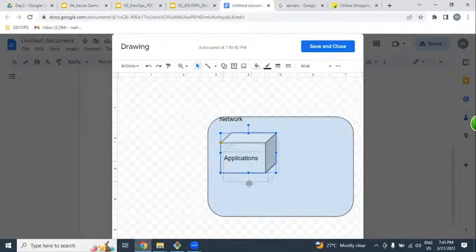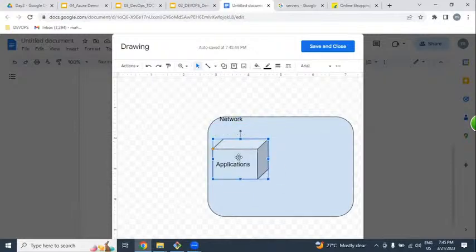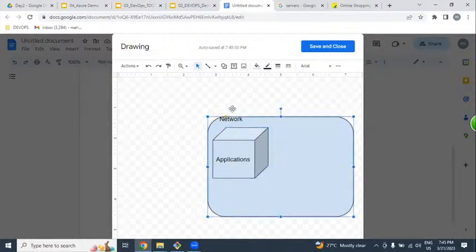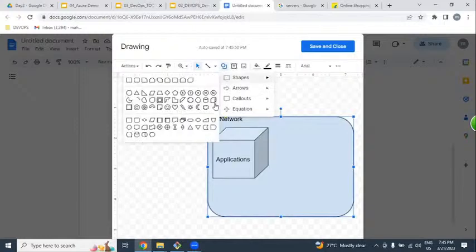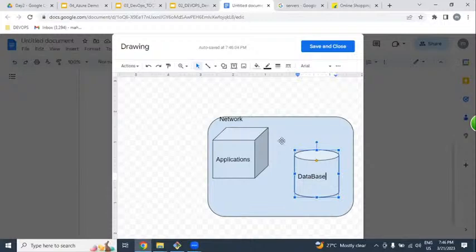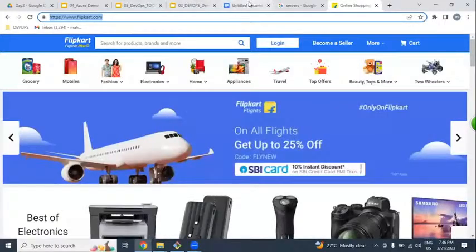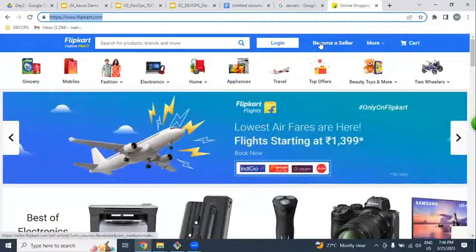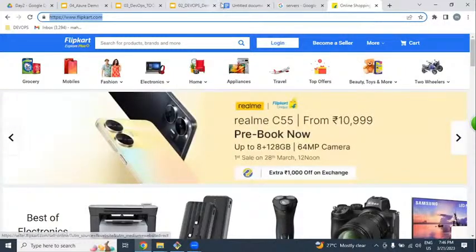We're creating n number of servers. On top of them, we're going to be placing our applications. And our customer information, we're going to be placing on databases. So on top of the network, we're going to be creating application servers and databases. Our Flipkart kind of application we maintain on application servers, and in the database we maintain our customer information like email address, phone number, customer IDs, login information, each and everything.